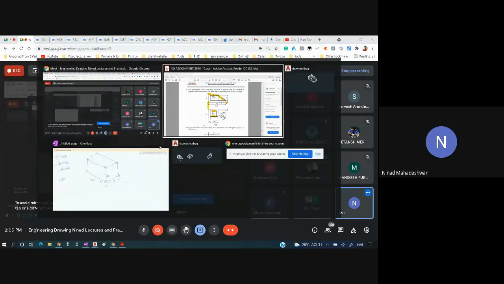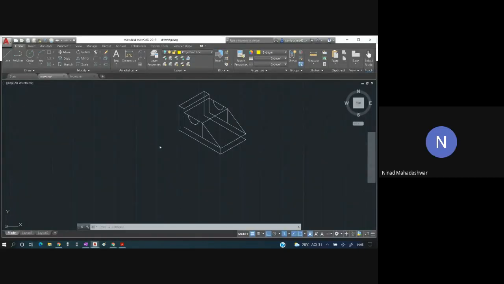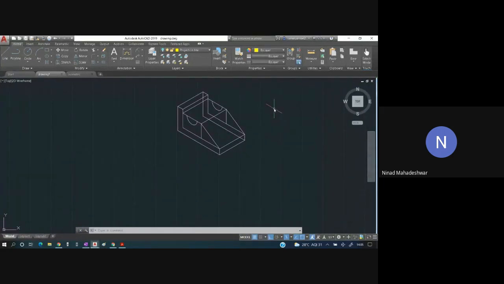Okay, till here we have completed. Now understand this part very carefully. Whatever things are not visible, which are hidden lines, those lines should be deleted. These are all parts of hidden lines. Even this circle is a part of a hidden part.